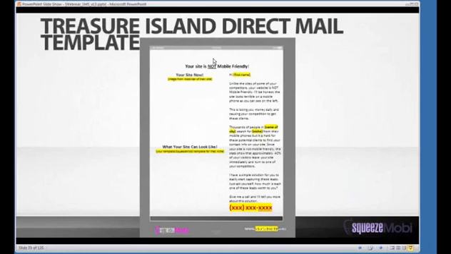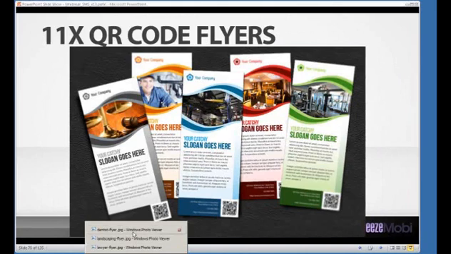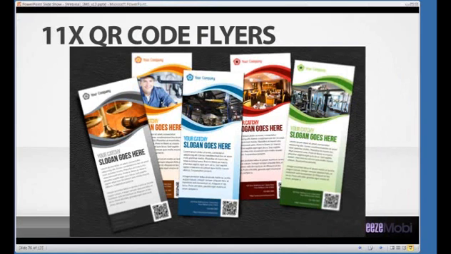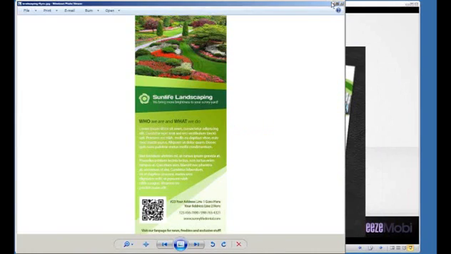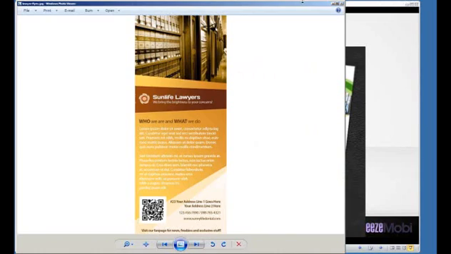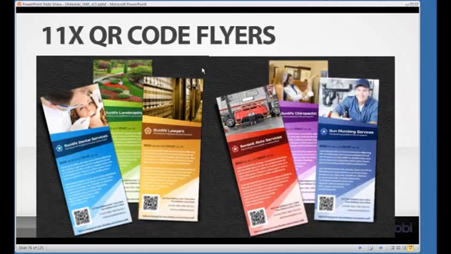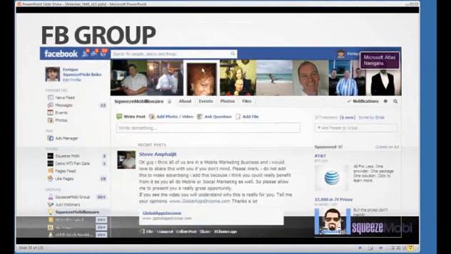And our direct mail template. I think if you got into WP Lead Explosion, you might have gotten this as well. On top of that, the QR code flyers. So all of these flyers that I showed you, you get all of these as well, whether it's for the dentist, so that when you set up their SMS campaigns, you already have that flyer to work off of. All right? You just put in a short code, you just put in a keyword, and boom, you are done. So whether it's for the lawyer, the dentist, the auto mechanic, or the gardener, you have all of those as well.